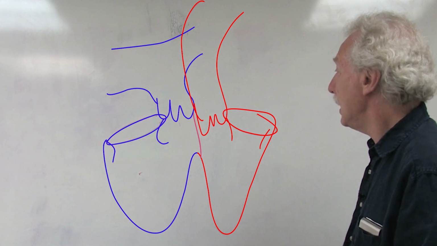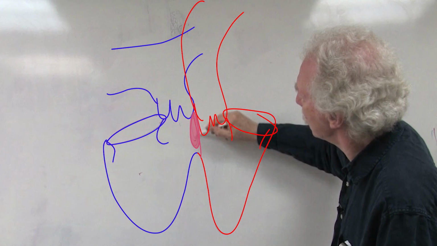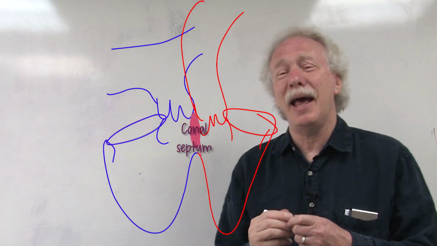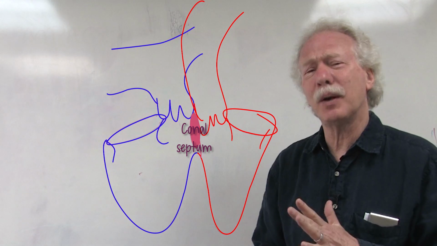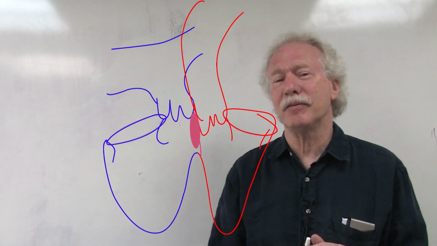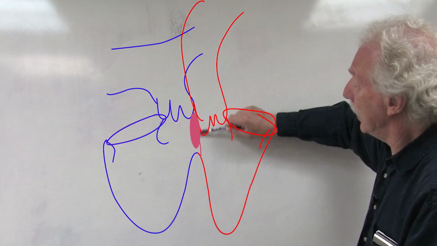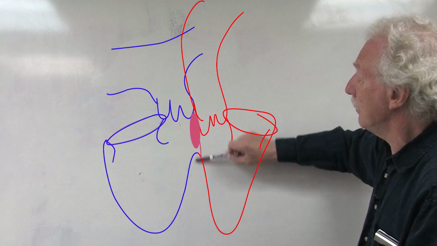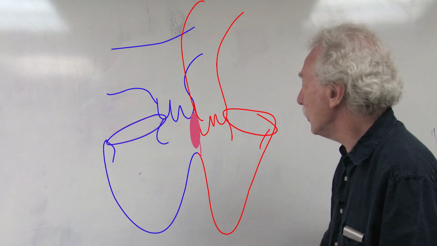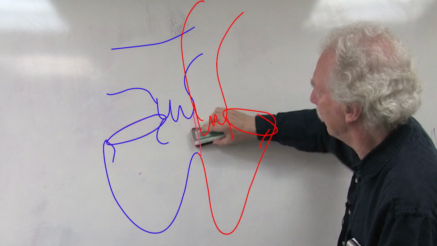So let me tell you that this portion up here of the ventricular septum we're going to call the conal septum. And the first concept I want to make is that there's really one thing that makes Tetralogy of Fallot, and that is when there is a malalignment between the conal septum and the rest of the ventricular septum, everything else follows. So the conal septum, instead of coming in here, we're going to get rid of it,